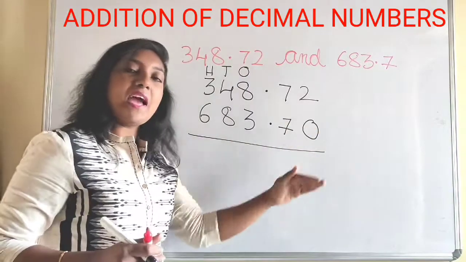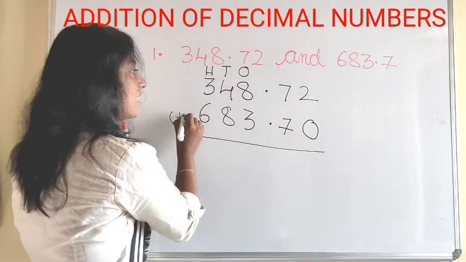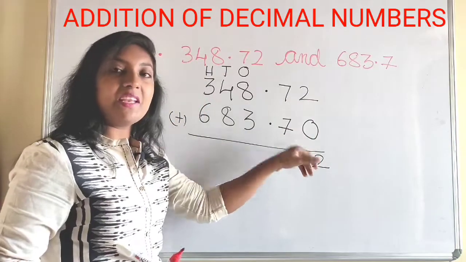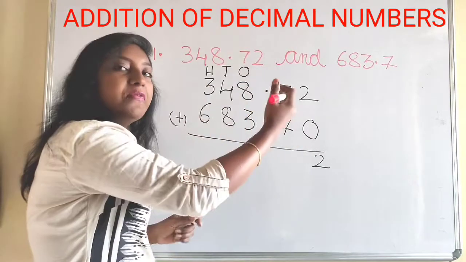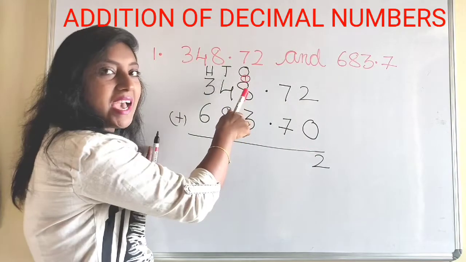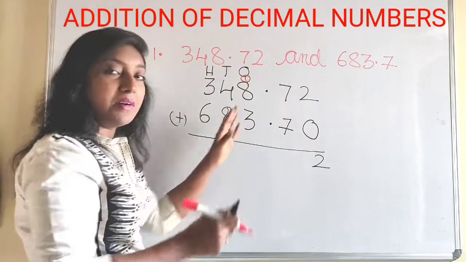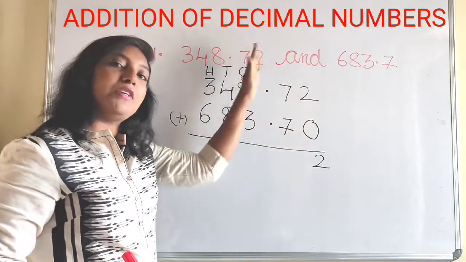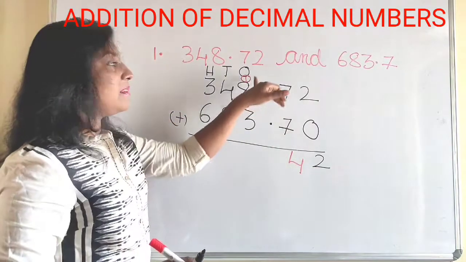Now, how do we add normally? We can add 2 plus 0. So, we are doing additions here. 2 plus 0 gives 2 and 7 plus 7 gives 14 and the carryover must be written at the top of the number or under your number. So, I am writing here 1 because this is the carryover. So, we can carry over to the next number. Even though you have a point here, you can carry over the number to the next one.